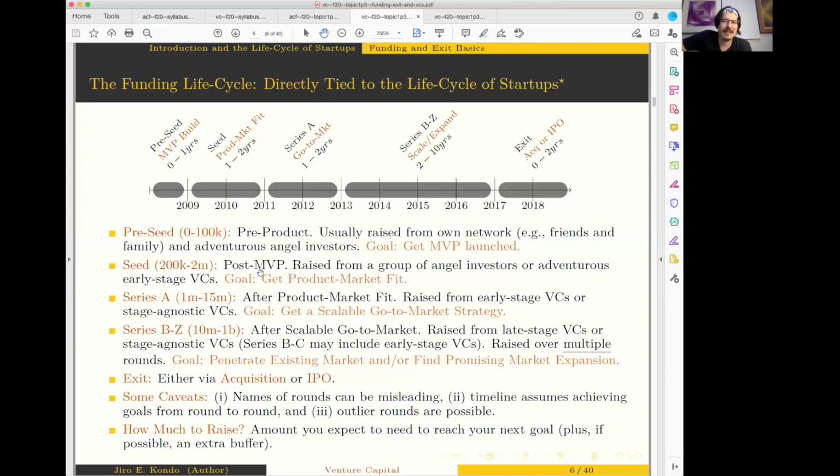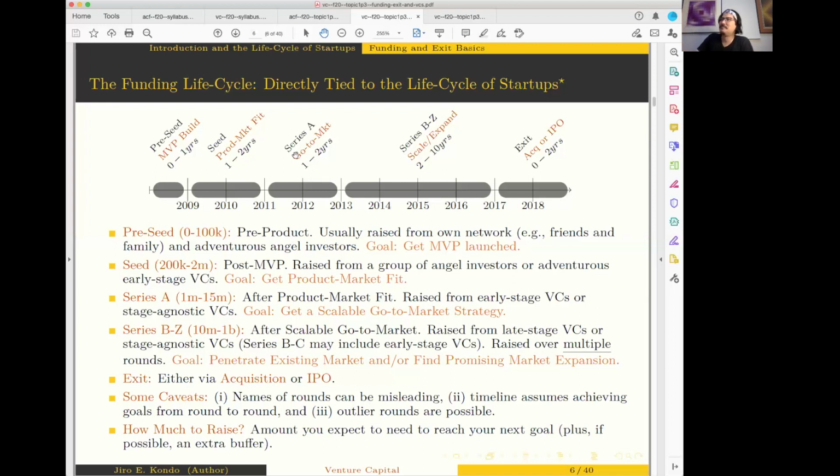So that's why I think it's important, in describing this life cycle, that we keep in mind not just how much is raised for how much time at which stage, but also who the usual suspects are to provide this money, because there's a life cycle of that too. I just didn't put that part in my slides. All right. So far, so good? Yeah. This is just descriptive at the end of the day, but it's nice to have it all in one place, I guess. I didn't know it until I looked into it myself as well.